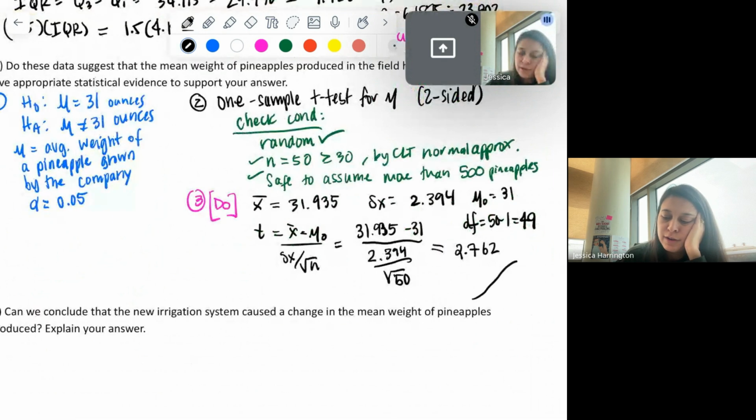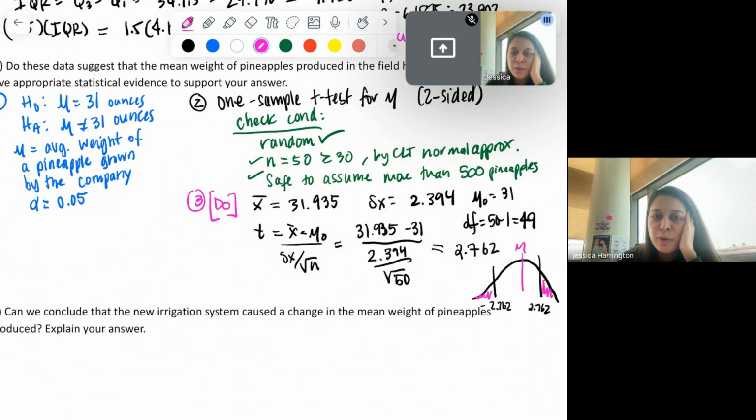So what we've done is we found out that based on our data, we're looking at things that are 2.762 standard deviations above and below the mean, right? Because this would be our mean. So when we find the probability of being greater than 2.762, it's going to be the same as if you said, what's the probability of being less than negative 2.762? So if you're using the t-score, you would say, what's the probability of the t-score being greater than 2.762? And you end up getting